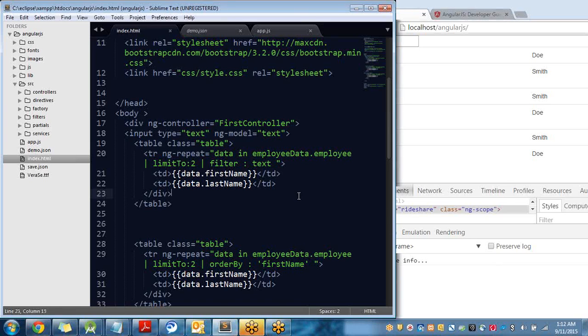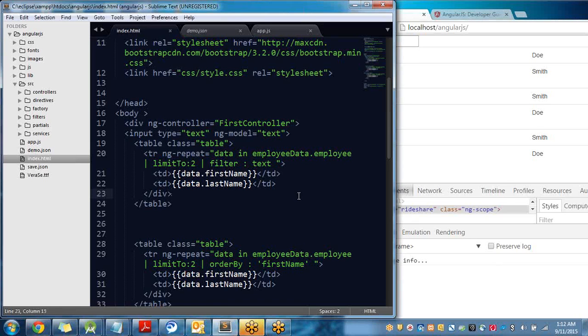Hi everyone. So we will see what are the different kinds of filters you can apply. Some are inbuilt, and some you can create as a custom filter on the JSON data. In the previous tutorial I was trying to demonstrate some filters, so I can repeat that. You can put limitations on the data which you want to show.